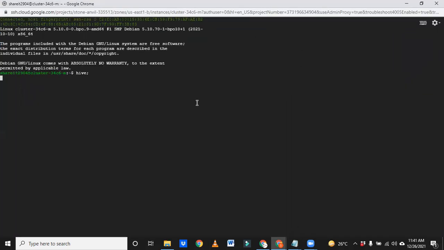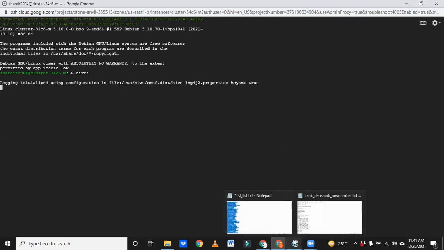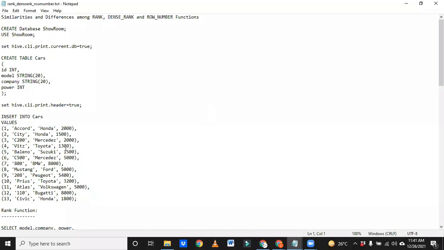Okay, let's go to the Hive shell. I'm taking one example with this data, with only 4 columns: ID or serial number, model name, company name, and the HP, meaning how much horsepower the car has. First we'll create a table and load some custom data, and then discuss. If I straight away explain the theory, you may not understand properly. That is the reason I want to explain with an example.